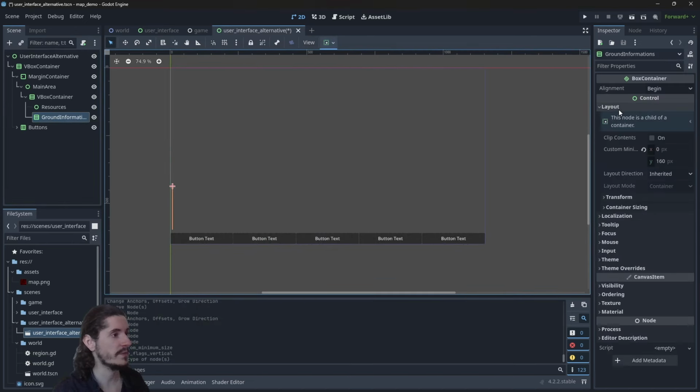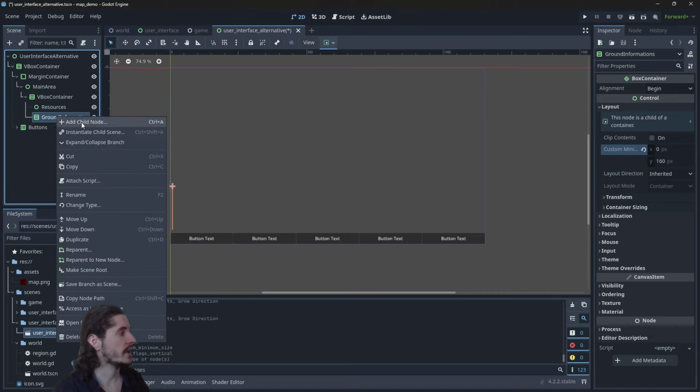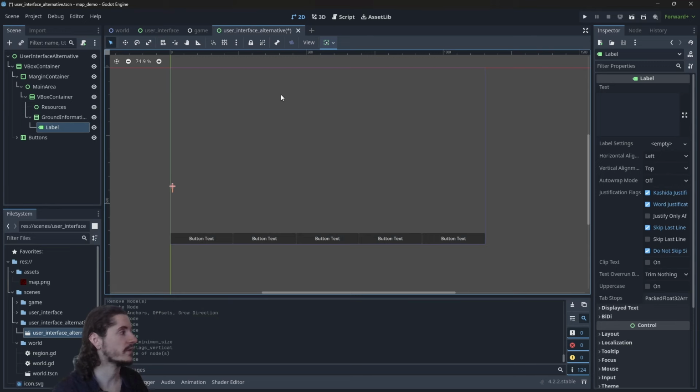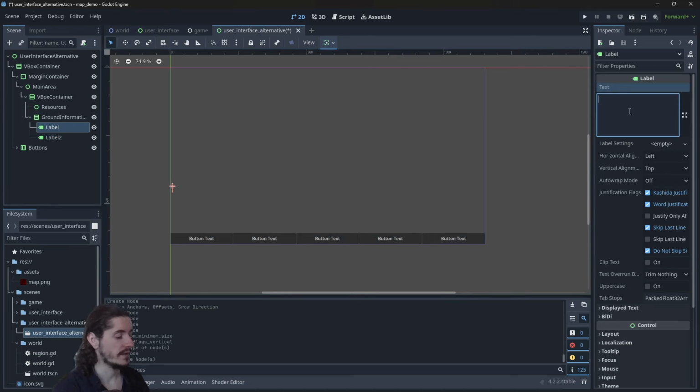Can I give a minimum size? Yes, perfect. And in there, I will just add 3 labels, or 2, 3, doesn't matter. That will be, this is about the ground,